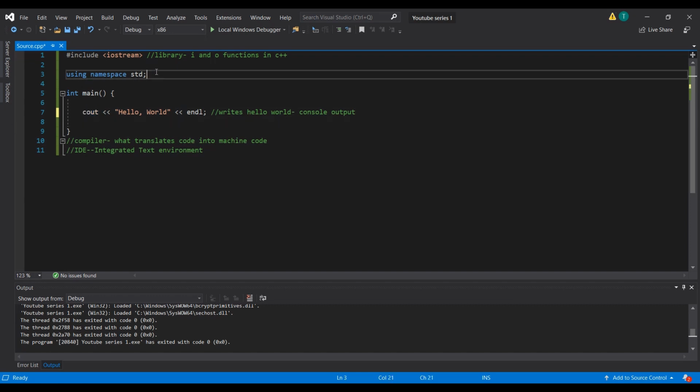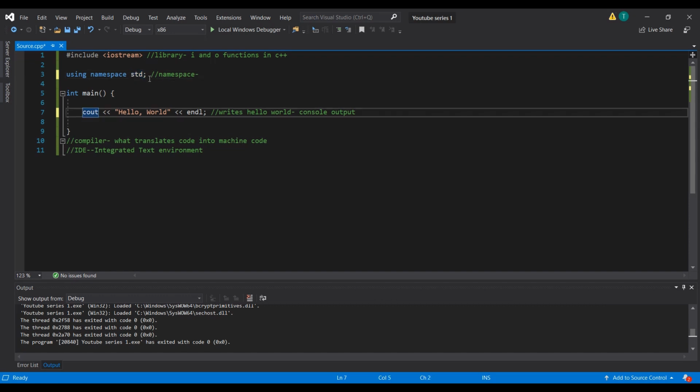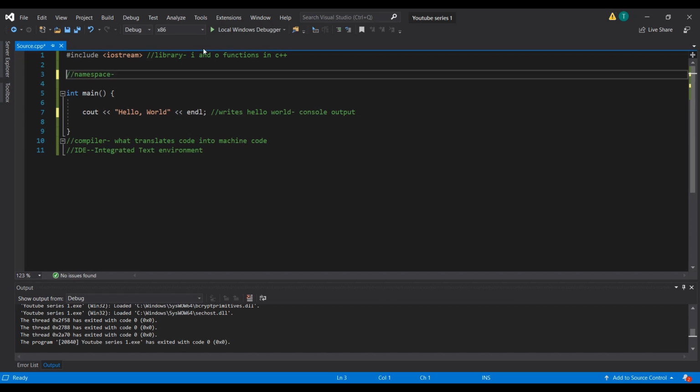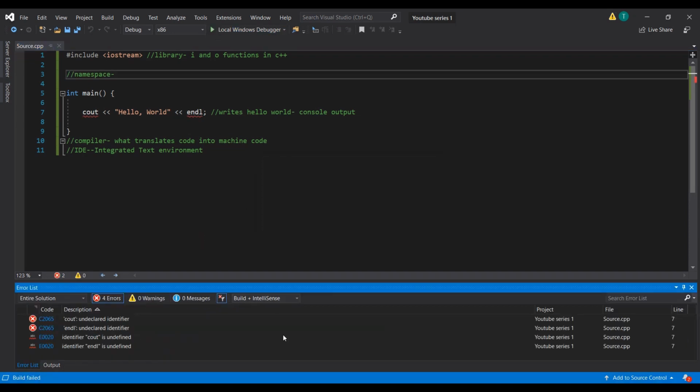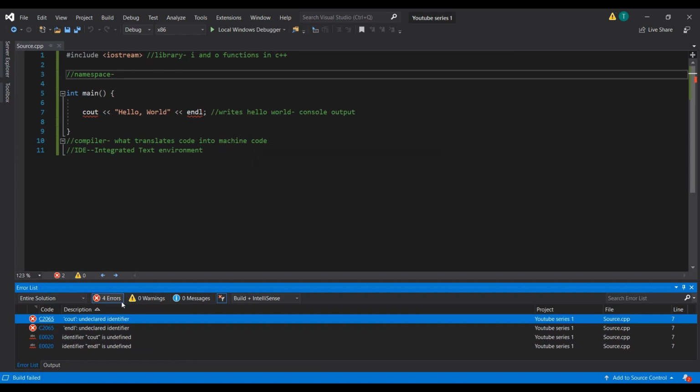Now, using namespace std is actually not a library. Using namespace std is just a namespace, and this is very simple compared to iostream. Namespace is basically, if this was not there, then let's just take this out of the code. As you can see, we get an error. Now we'll get to what certain errors mean later in the series, but for now it's saying cout undeclared